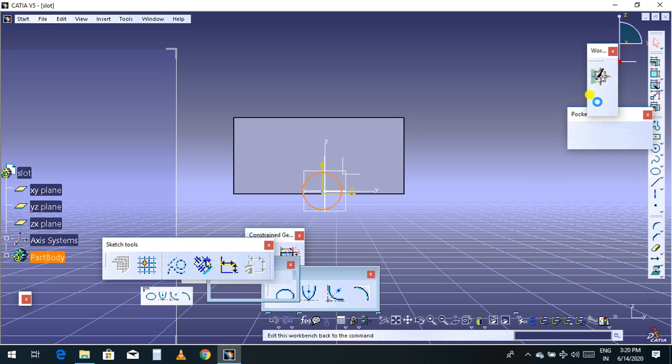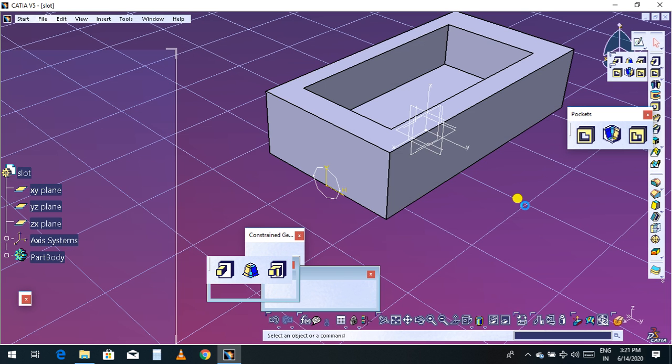Now exit. Now I will take one path, so you can directly choose the face and make the profile path, or else you can use the 3D geometry and take this as our path.